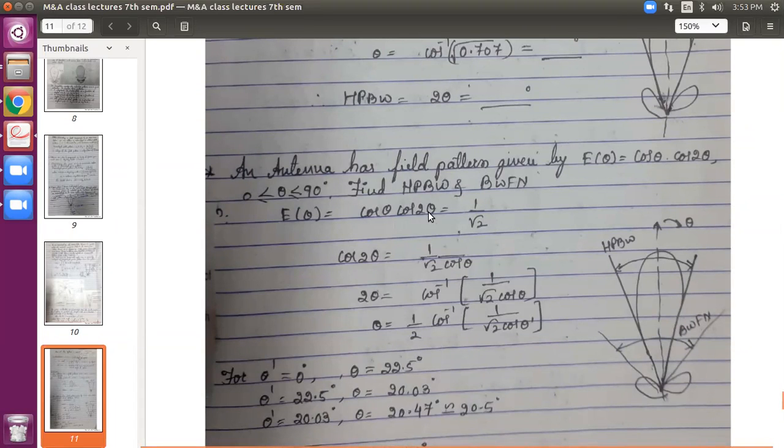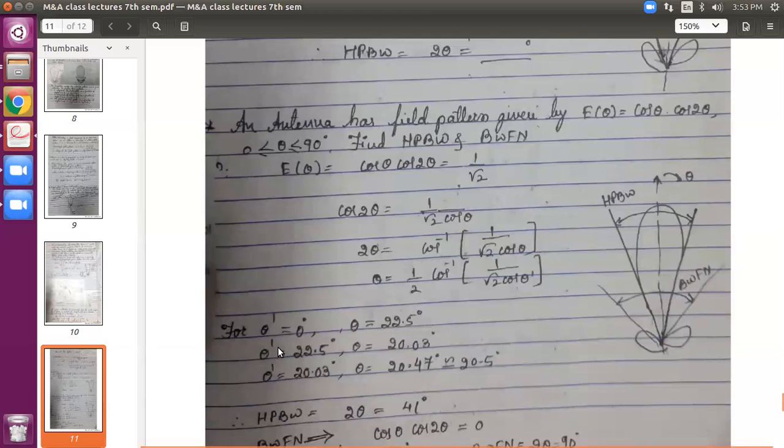So what I can do here, instead of going for this, I will keep this outside and take cos theta to the denominator, and 2 theta will be cos inverse of 1 by root 2 cos theta, and theta is 1 by 2 cos inverse of this much. Now further, we have got 2 terms, theta and theta repeated. Just to differentiate, theta, this unknown value, I keep as it is, and this I have taken as theta dash.